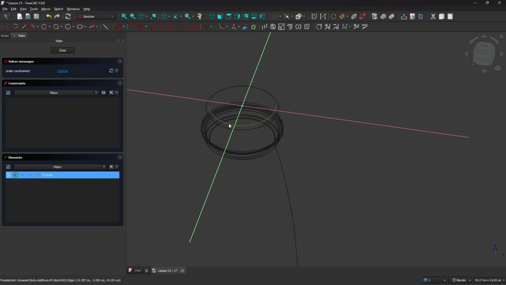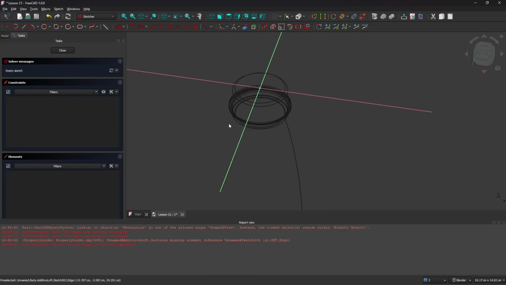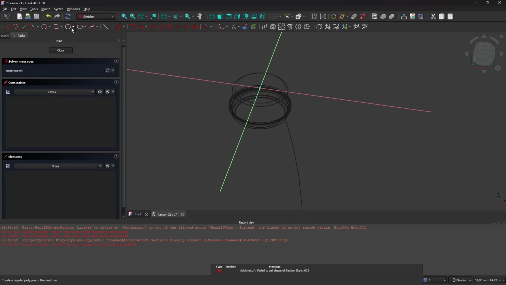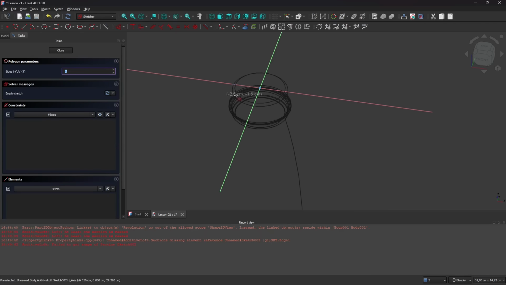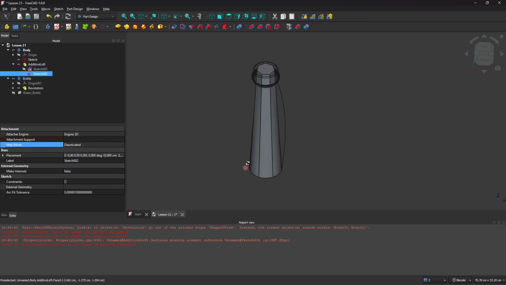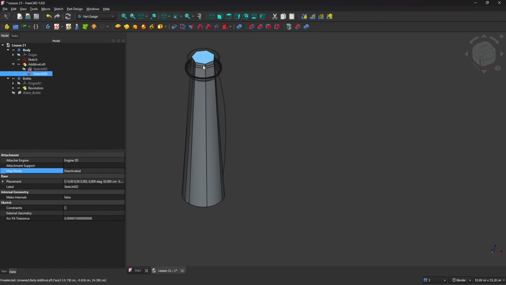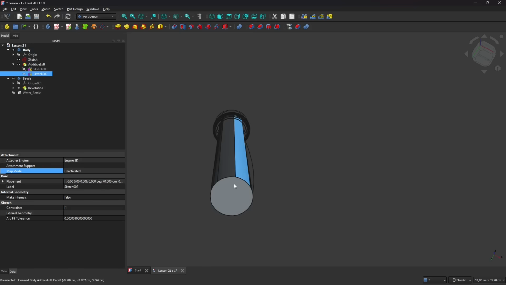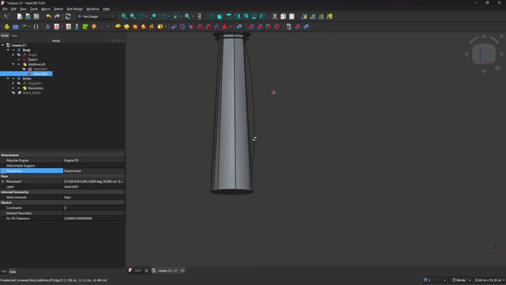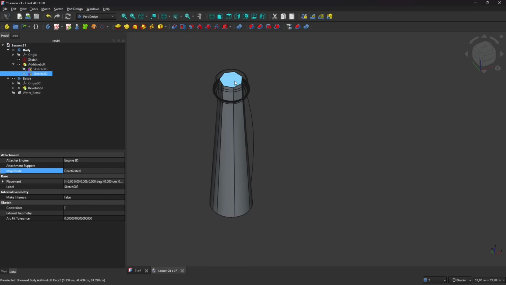So if I delete this and create something else, let's create an heptagon. Okay, so let's do something like this and close. You can see that the loft will be updated. And this definitely tells us that the loft is pretty interesting because we can create many different shapes starting